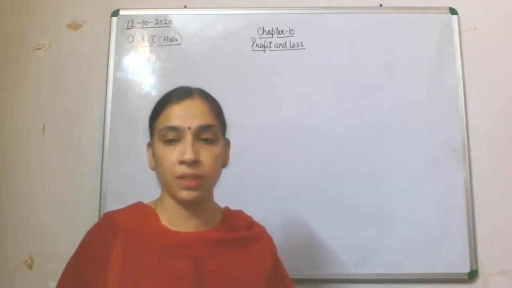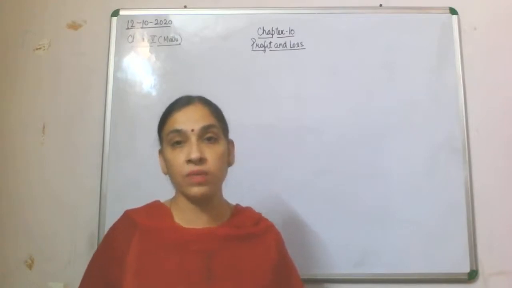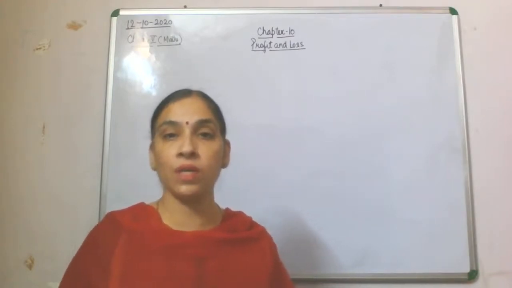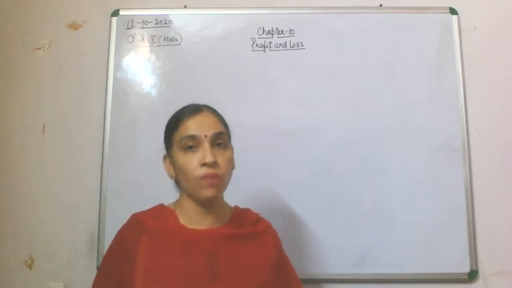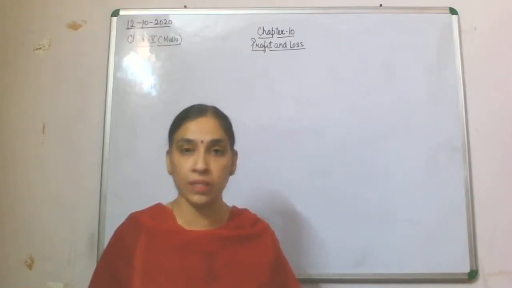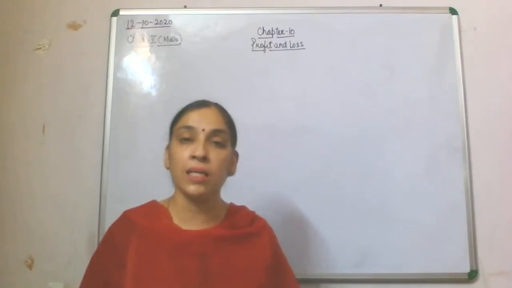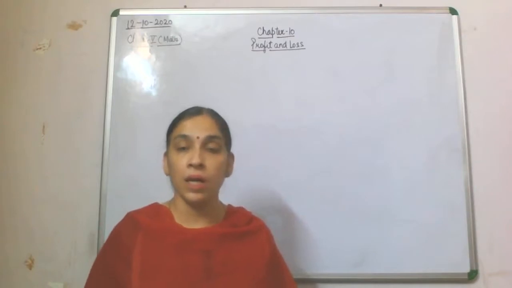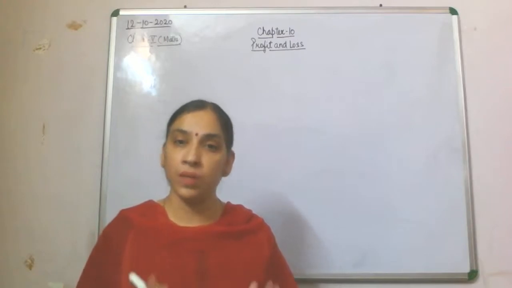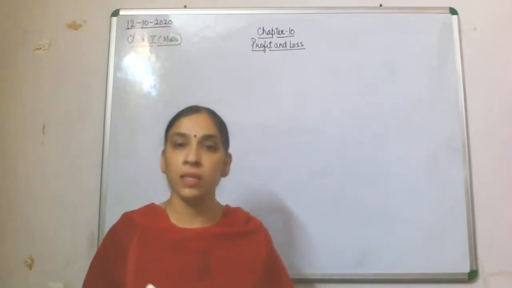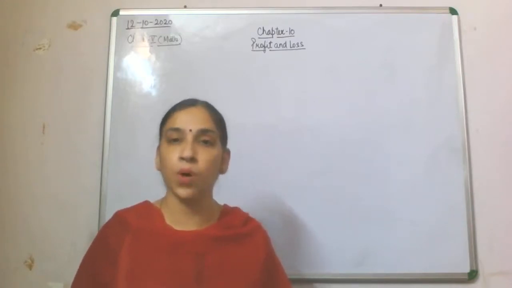loss percent. See, whenever it is asked how much profit percent you have gained, or how much loss percent, that profit percent and loss percent is always calculated on cost price, or I can say that profit percent and loss percent is calculated on CP. Now what do you mean by this? Calculated on CP means whatever your cost price is, depending upon that only you will have your profit percent